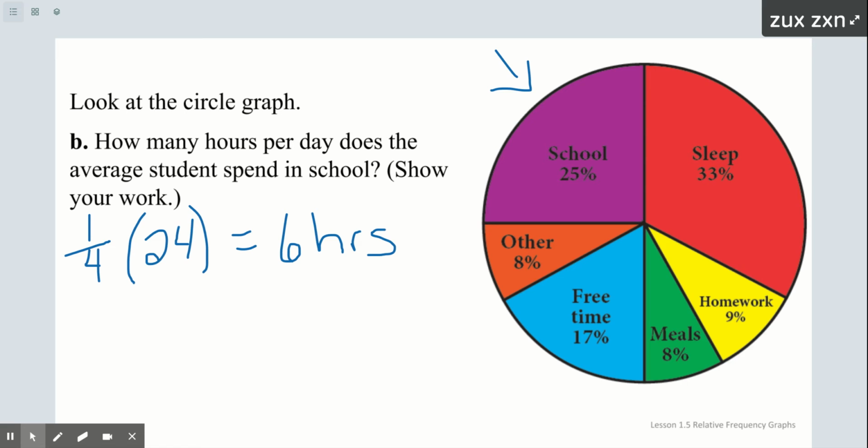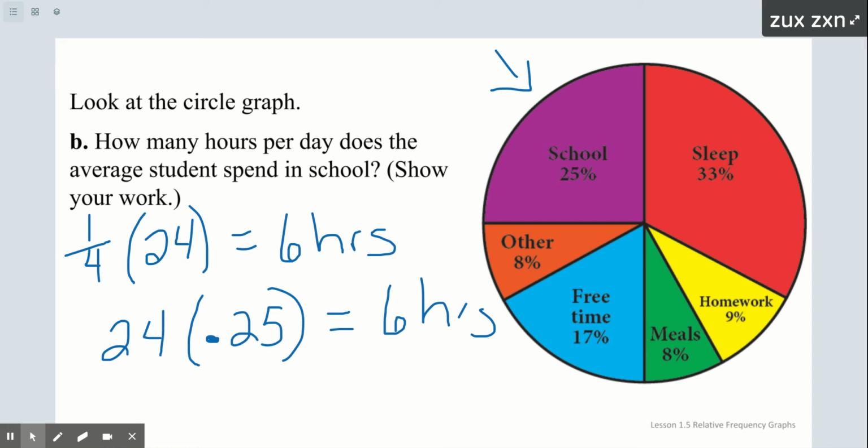Or if it wasn't easy to change to a fraction, I could also do 24 times, to make it obvious, 25% as a decimal. 25% as a decimal is 0.25. So I can do 24 times 0.25. And feel free to do that on a calculator if you like to get that will also get me 6